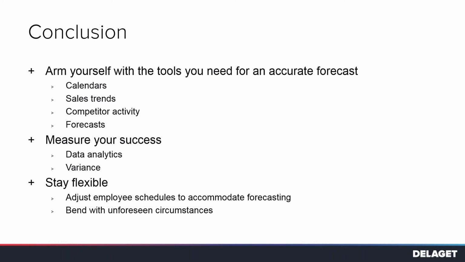And then stay flexible, and adjust your employee schedules to accommodate forecasting. When you see things come up like last minute road construction or snow that's falling either harder or earlier than forecasted, adjust. If you can't electronically adjust your forecast, you can certainly manually adjust the forecast and adjust your prep levels and your schedule accordingly to protect the profit side of your business. And then bend with your unforeseen circumstances, which basically covers my previous point of just being flexible with your schedule.